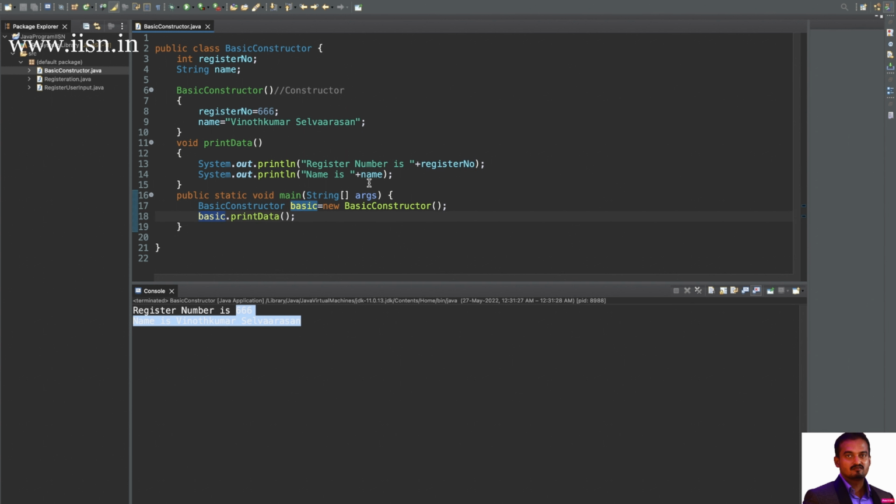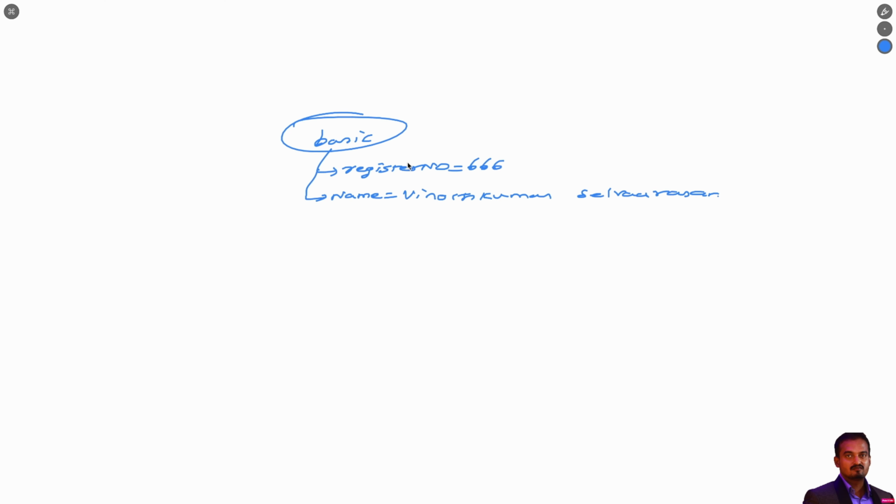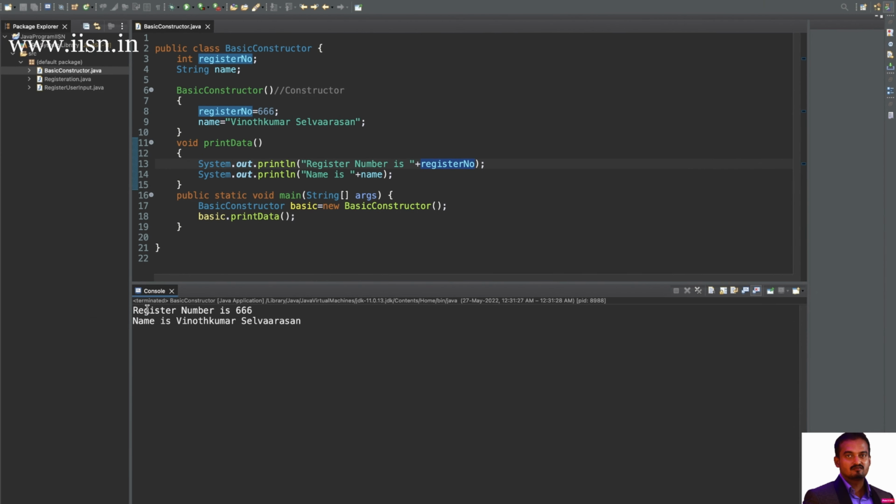Okay, so the object is basic. The basic object holding the register number value is 666, right. So it is going to print "register number is 666". Then after that, what is the second statement? "Name is" is given in double quotes, so it will print